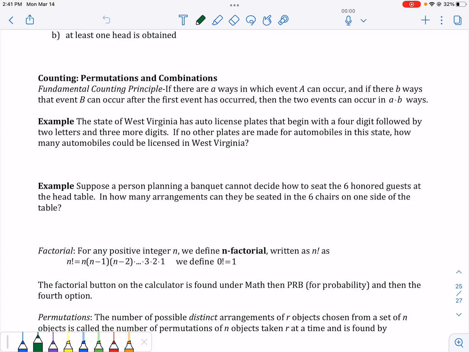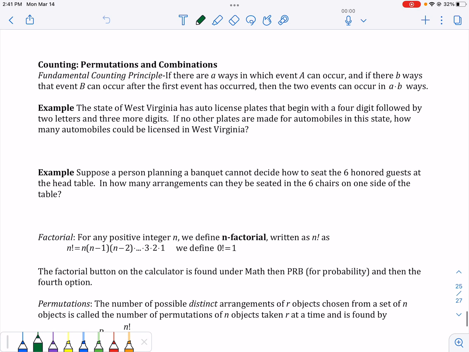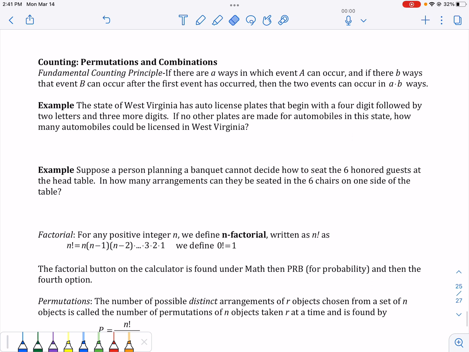We're going to look at how to use permutations and combinations, and then after today we'll take a look at how we can use permutations and combinations with our probability. So the first thing that we need to take a look at is the thing called the fundamental counting principle. What it's saying is, if there are A ways in which event A can occur and B ways in which event B can occur, then the two events can occur in A